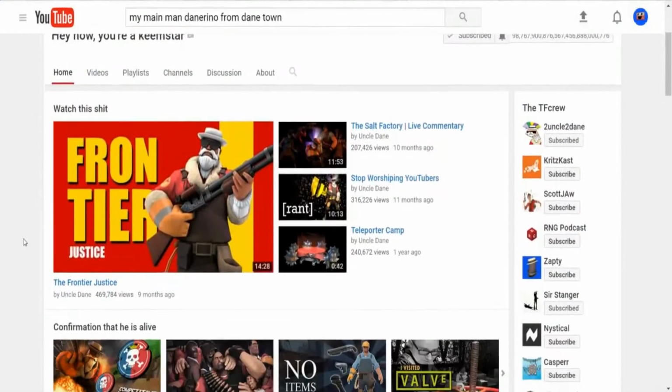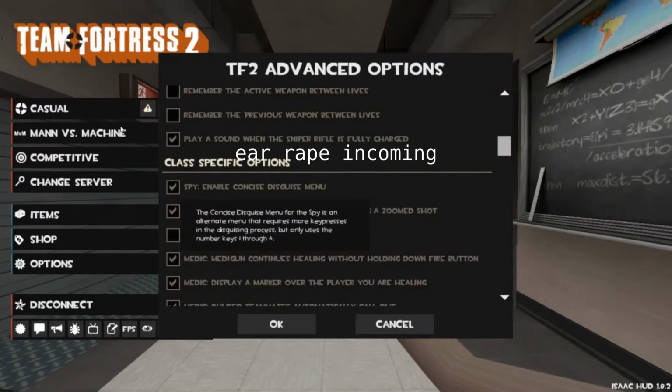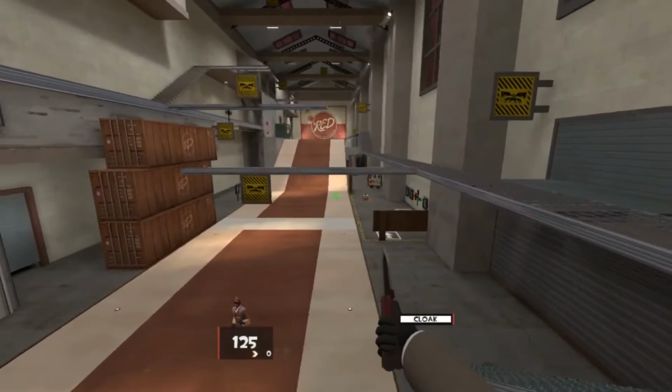So while everyone else is talking about the topics that are actually important to TF2, I'm going to talk about something completely useless and not beneficial at all to the community. The Concise Spy Disguise menu. Essentially what the Concise Spy Disguise menu is, it's an option in Advanced Options that changes your Spy Disguise